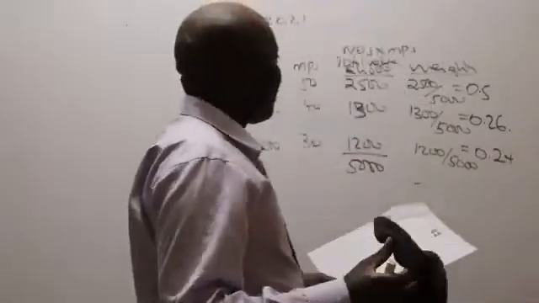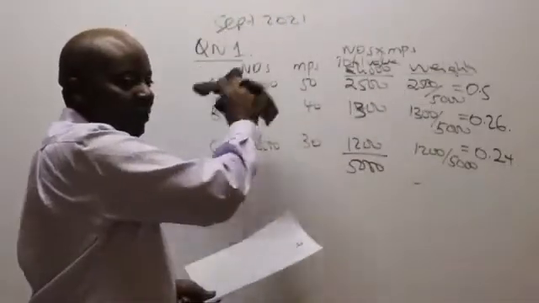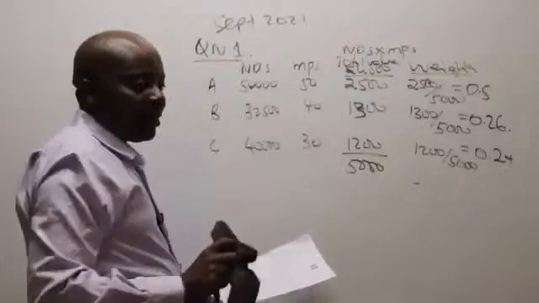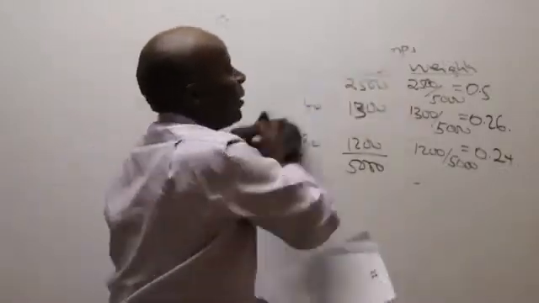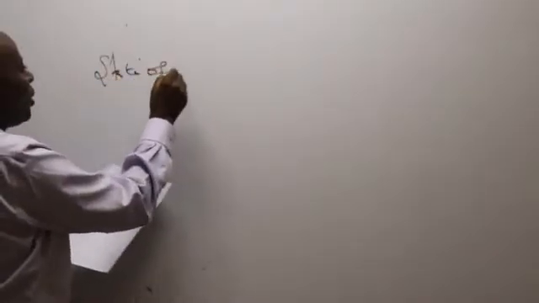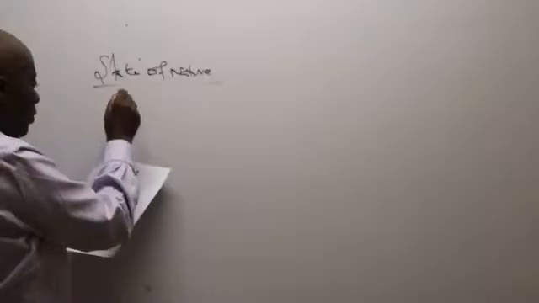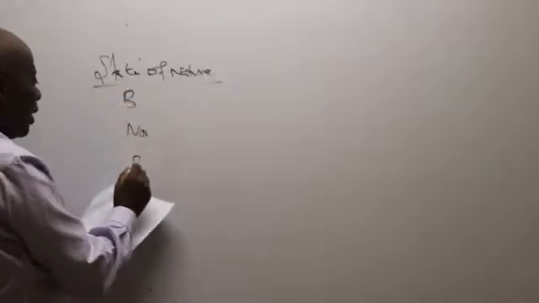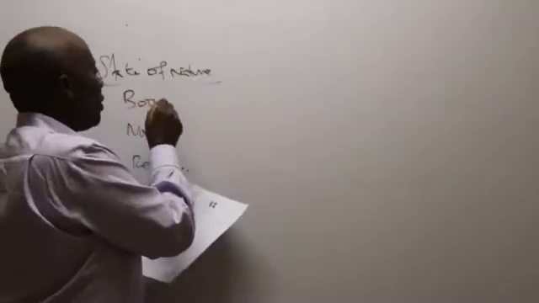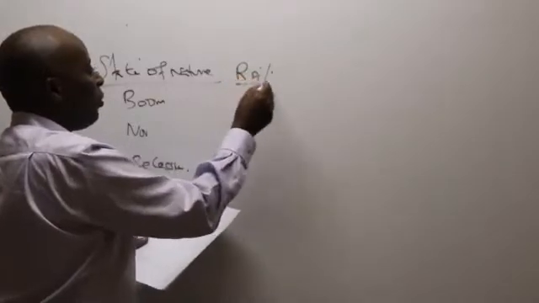So, ladies and gentlemen, then what am I supposed to do? I hope I can rub this. Can I rub this very fast? Yes. Great. So, ladies and gentlemen, I can see right away that these guys have given me the state of nature. So we have boom, we have normal, we have recession. Then I would want you guys to give me the returns of A in form of percentage.